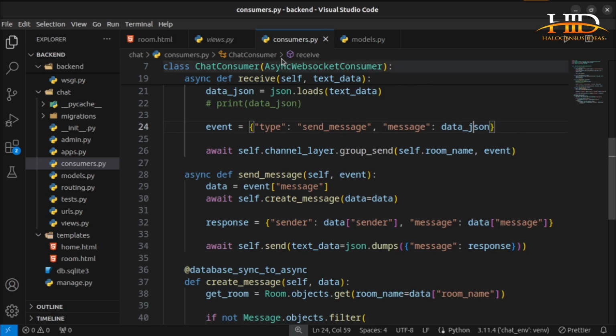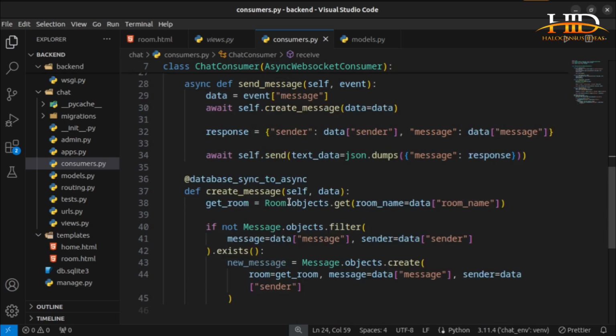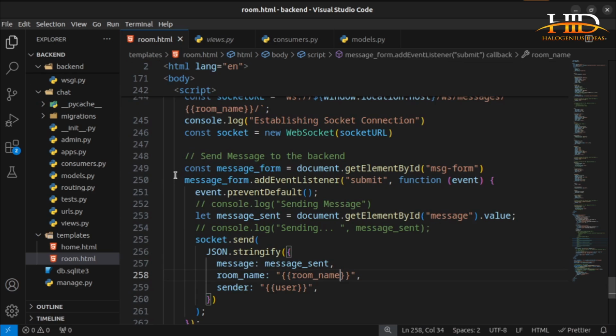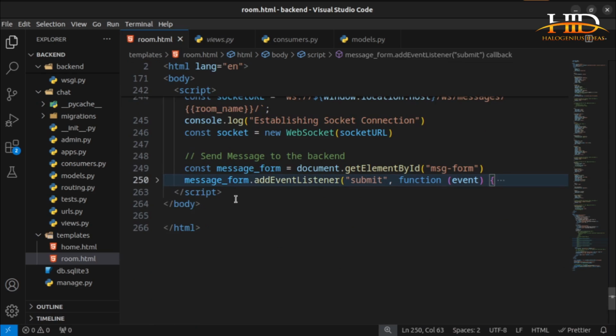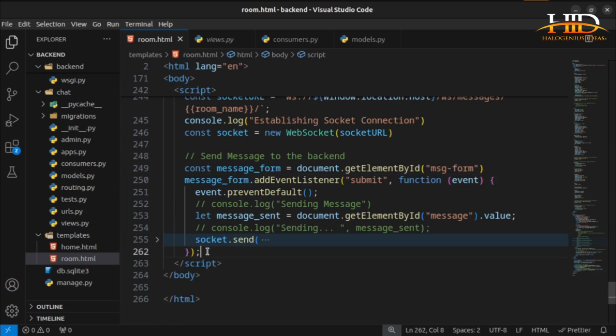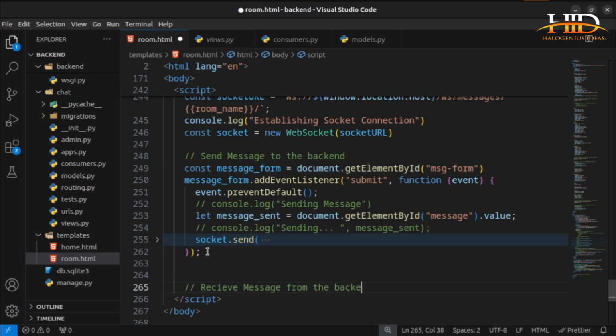So if you come here, okay, he formatted everything for me. Come to the room, and this is what is sending message to the backend. Now how can we receive messages from the backend? So for us to receive messages from the backend,